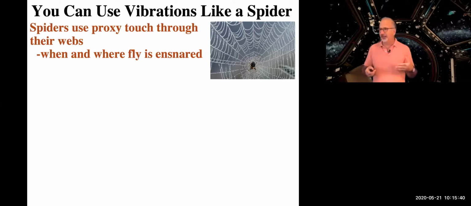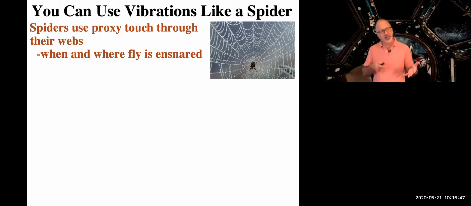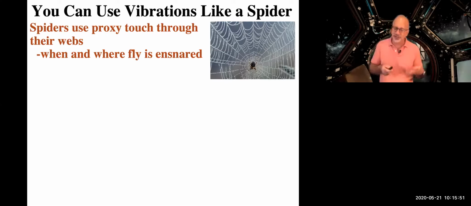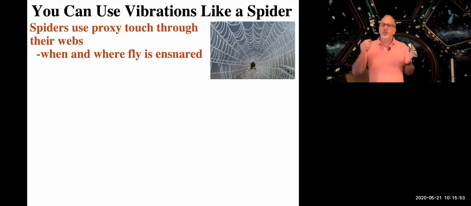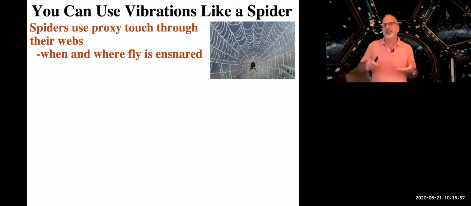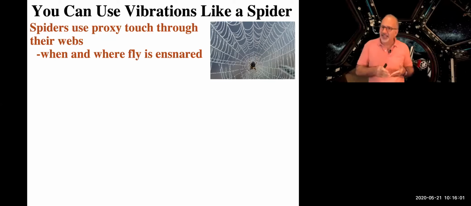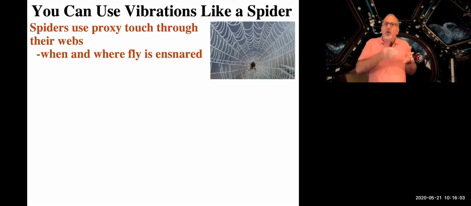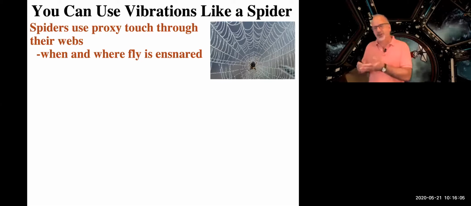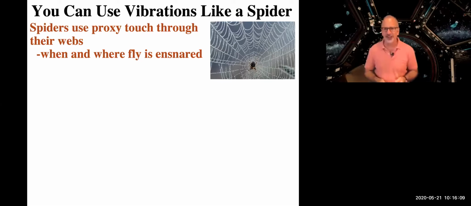It will know that it should wait a little bit before it goes after it in some cases, because it's either fully ensnared or not ensnared, that sort of thing. All those things it can tell. But one thing that's really interesting is it can not only use its web as a proxy tool, it can design its web to be one type of proxy tool or another. This just floored me. These little guys are ridiculously smart in this way.